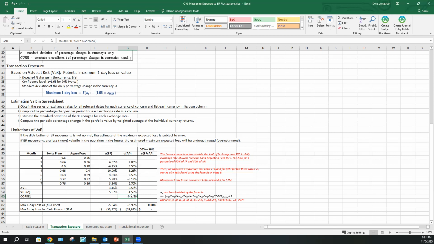So if you are in an investment management class, or you already took an investment management class, then probably you understand the meaning and importance of the correlation coefficient. Now, in this case, the scenario is we have a portfolio of two currencies, right? So one is the Swiss franc and the other is the Argentine peso. If we include these two in a portfolio,